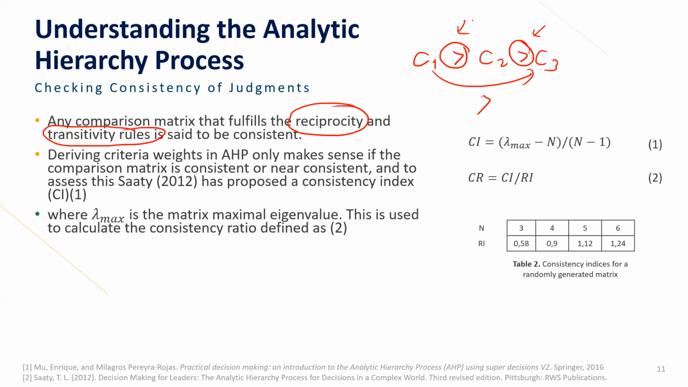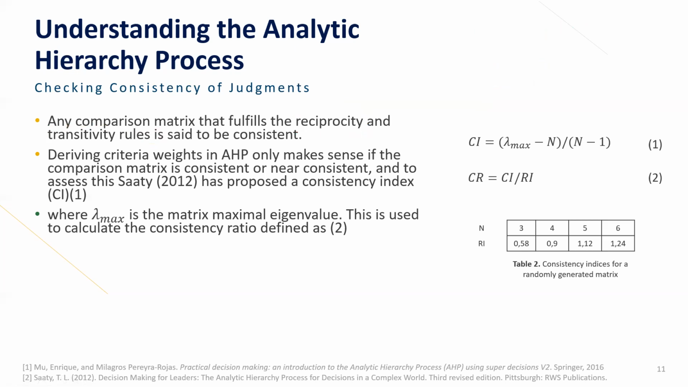You are using 1, 3, 5 until 9. It is also 1, 3, 5 until 9. So the way you represent this is not an exact number. So you need to have a measurement, a way to calculate how far the consistency is still working in your judgments. Okay, reciprocity and transitivity are being measured here, and from the book of Professor Saaty, he has proposed something